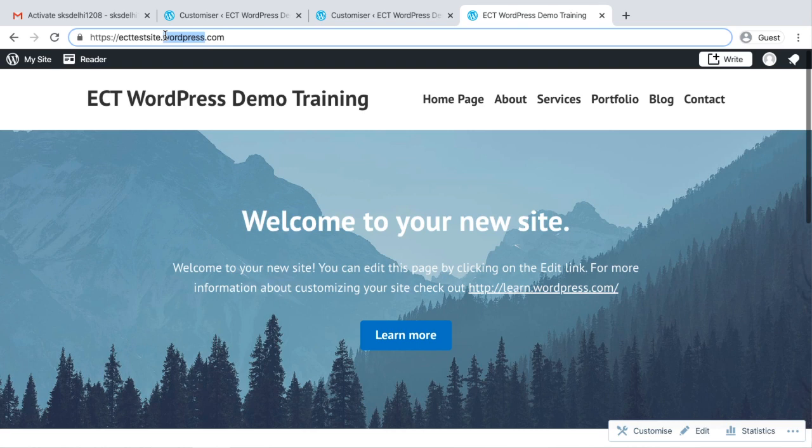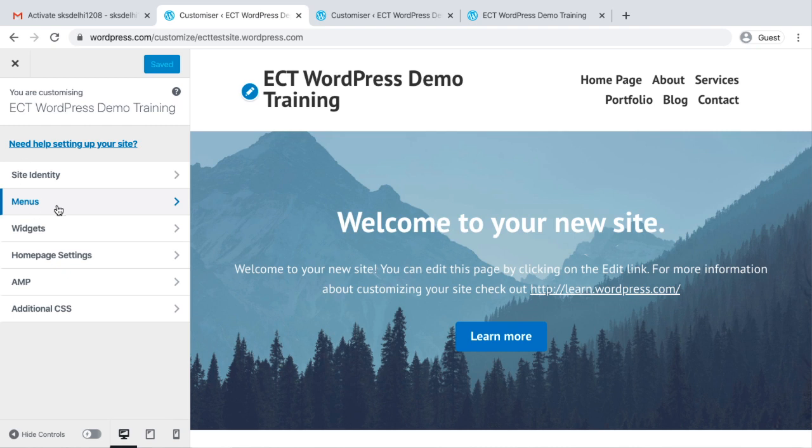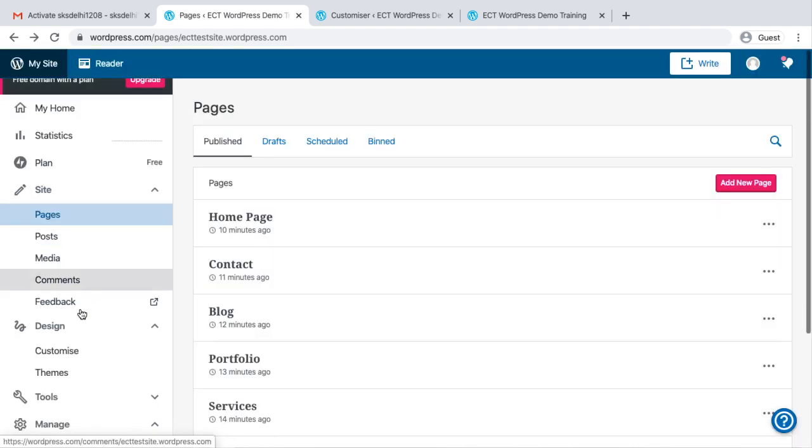How to create a menu? You are saying to repeat it. Okay, so one question I've got: how to create a menu. So for that, what you need to do is,